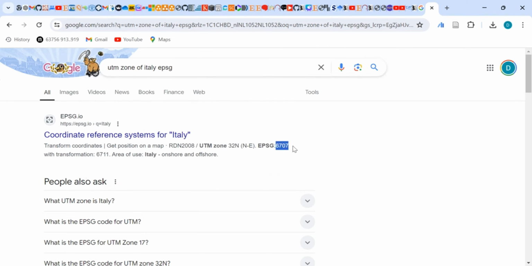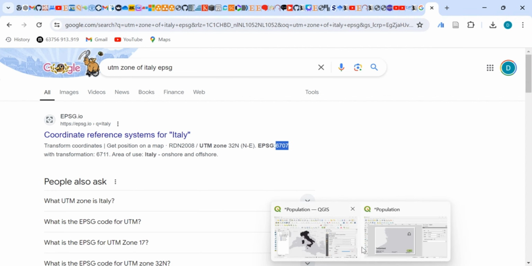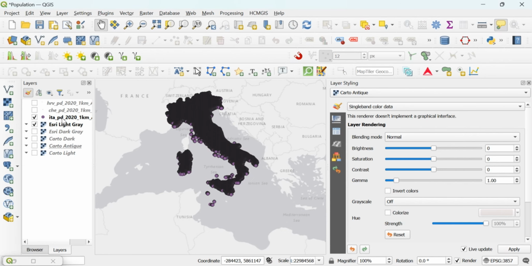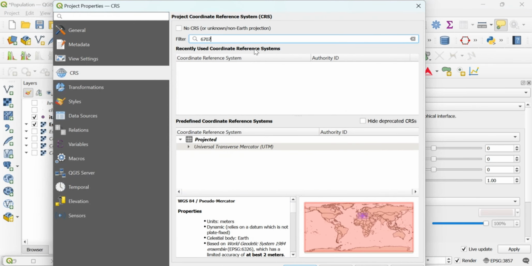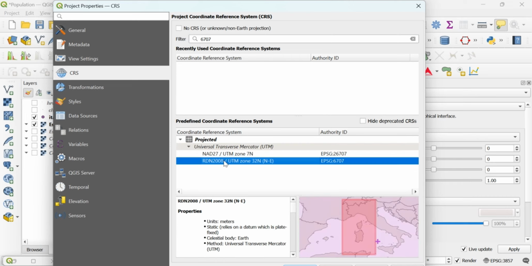Let's return 6707. Like I said, if you don't understand what this means, you can look it up on my LinkedIn post on how you can understand the UTM of your area of interest. So let's try this.